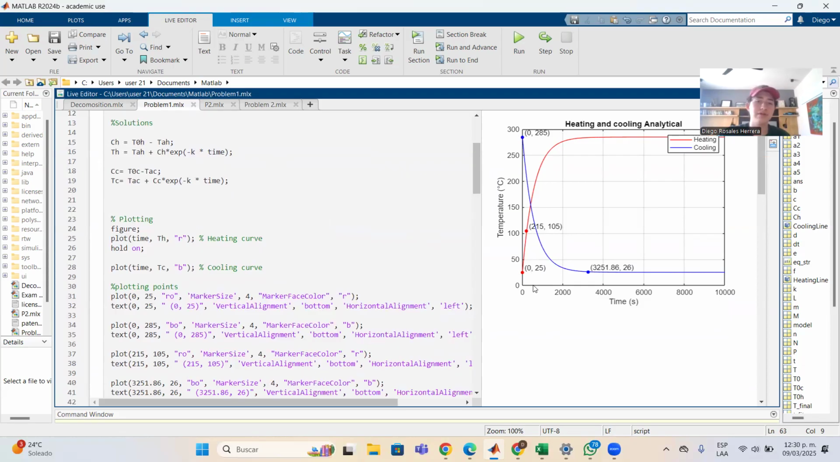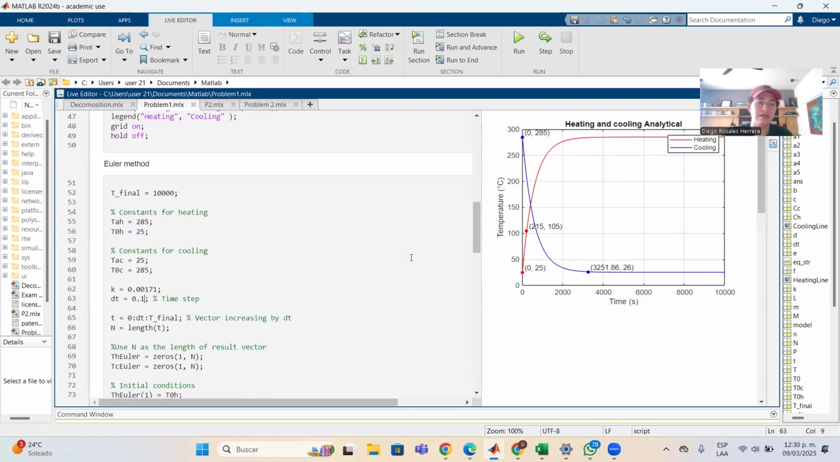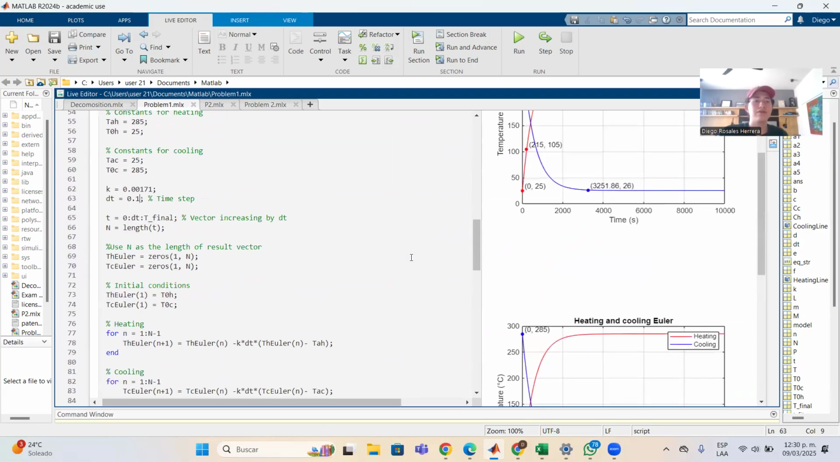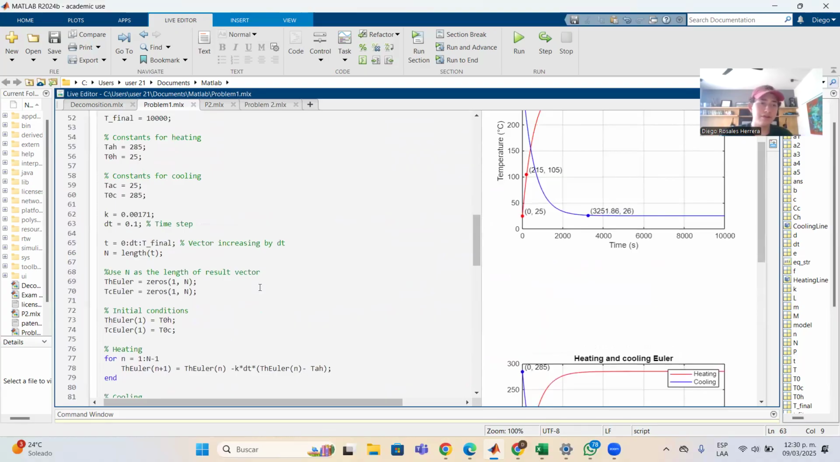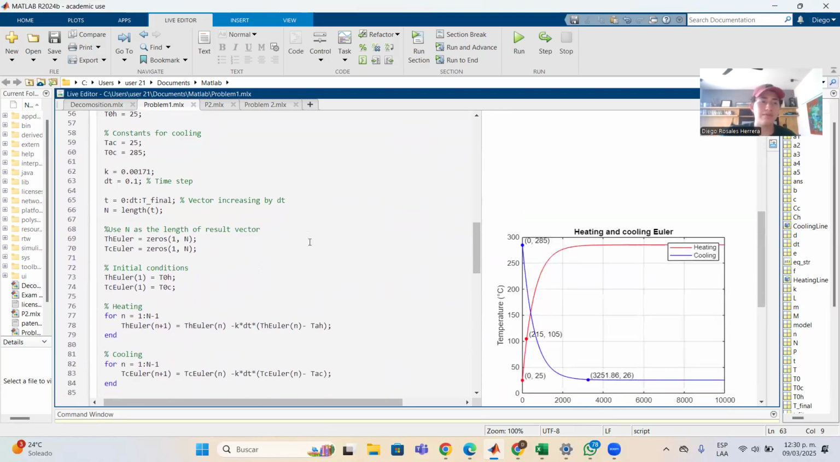And here I placed the points of all of the things that were said in the last two problems, which was the one we found last, the one at t equals 26, and then how much time it took to reach there when cooling down. It was 3,251.86. Now for Euler's method, we use the same constant, a final temperature, and here it's very important, this dt,